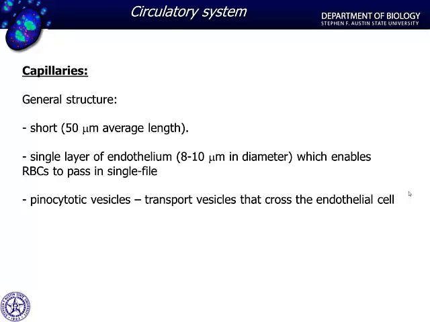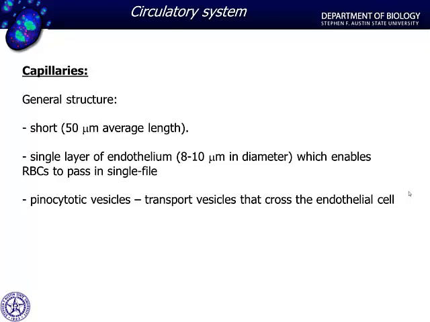Now, capillaries as a general structure are simply going to consist of a single endothelial layer. And the luminal diameter is going to be in the neighborhood of 8 to 10 microns, which is about the diameter of a red blood cell. So these red blood cells are going to pass through a capillary in single file procession, and they're actually going to stack up like coins. It's called the rouleau formation, and that's one way that we'll be able to distinguish